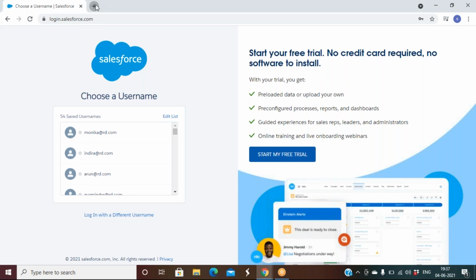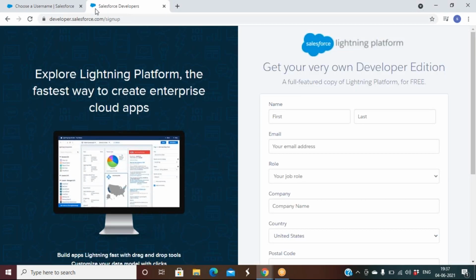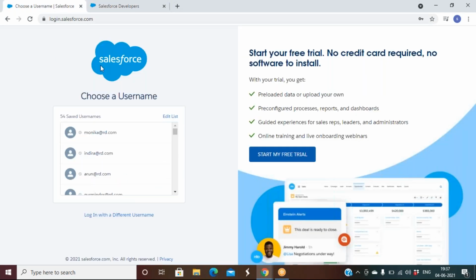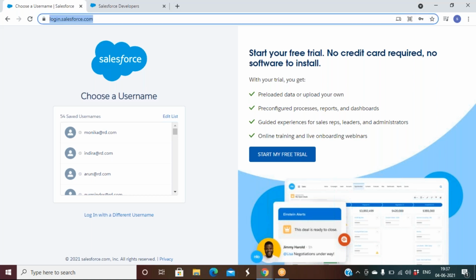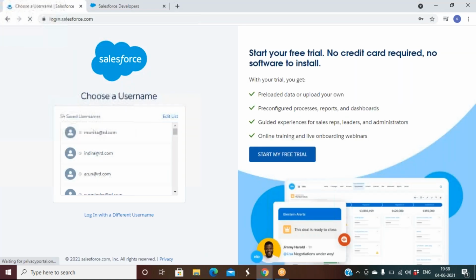Okay, so I see some of the students still get confused how they want to log into Salesforce, and they'll put up a blank face. So if you want to have a practice environment, just go to this website and create a practice environment. Once you have created a practice environment and you want to use that environment every day for practice purposes, and at the same time in real time also you will log into Salesforce by using the URL called login.salesforce.com. Okay, so now let us log into our account.